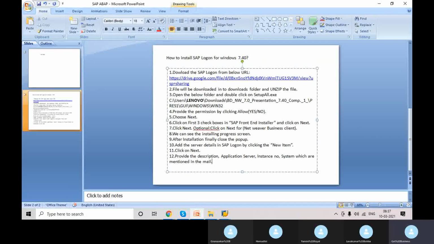After that, click on next, again next, finally finish. And the next point: double click on the system number, or record. Record means line.